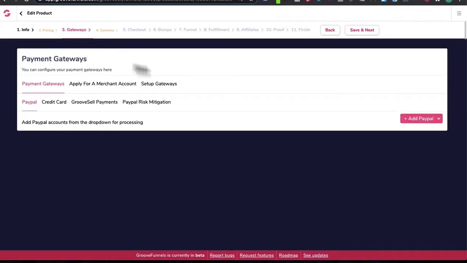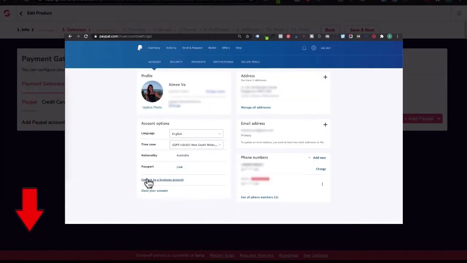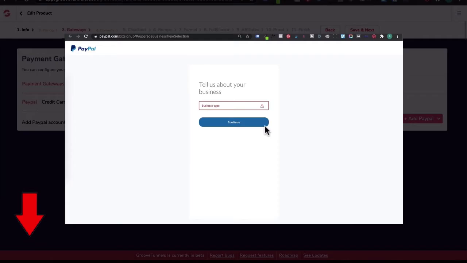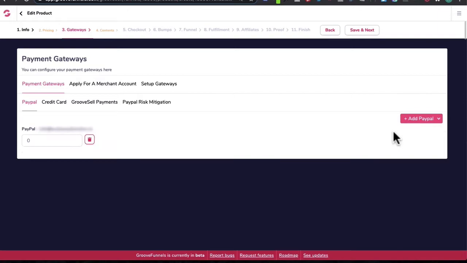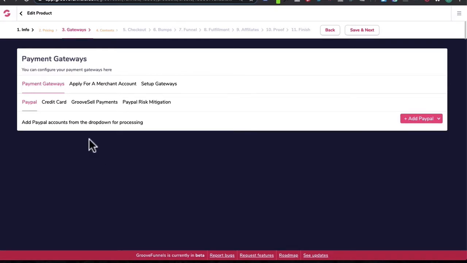The third step is setting up our payment gateways. Now, I've already created a video called Connecting Your PayPal to Groovesell. So check that video out because it makes this whole process much easier. And once you've set that up, you would go to PayPal and then add PayPal, select it here, then give that 100. Now, if you don't want to use PayPal, you can delete this, go to credit card, click Add